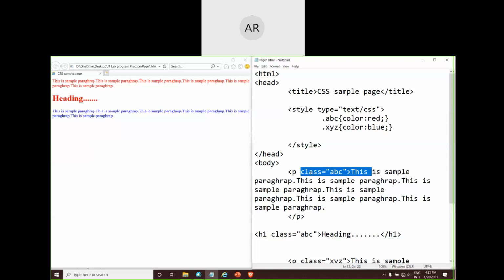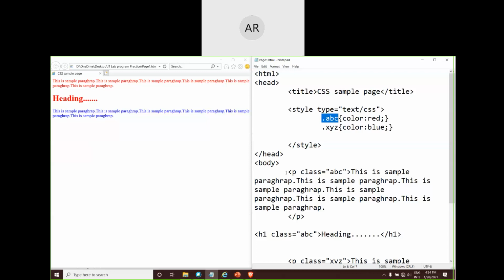Whatever name you are giving to the class, the same name you have to use as the selector. That's why I said earlier in the starting of this CSS that the selector is usually an HTML tag, but later on, as we go in depth, I said it will be changing into class or identifier. At that time, I did not spell it out as class or identifier just to keep it simple. Now I'm telling it clearly that it may be a class or it may be an identifier.